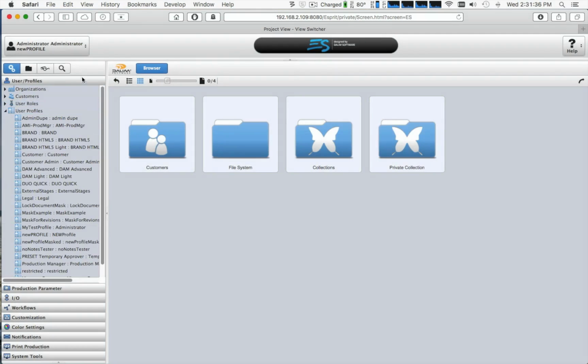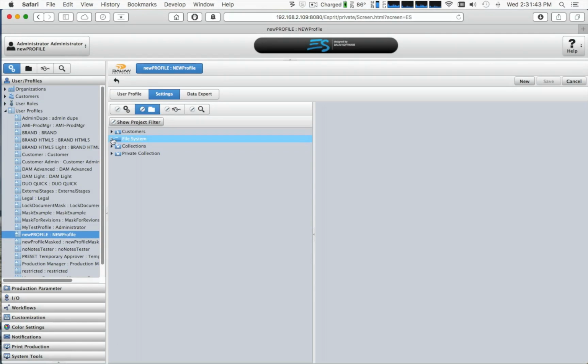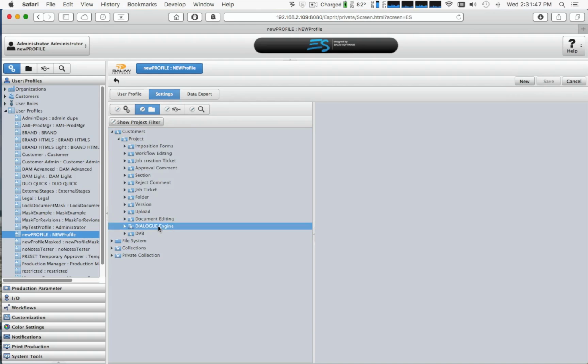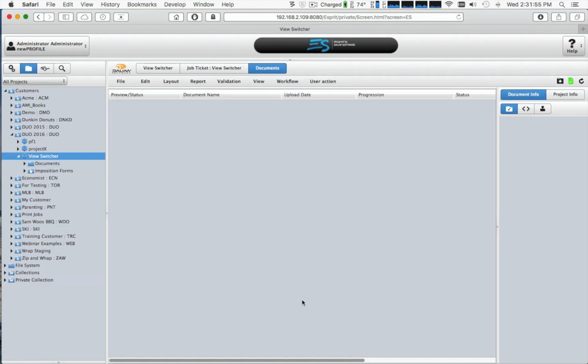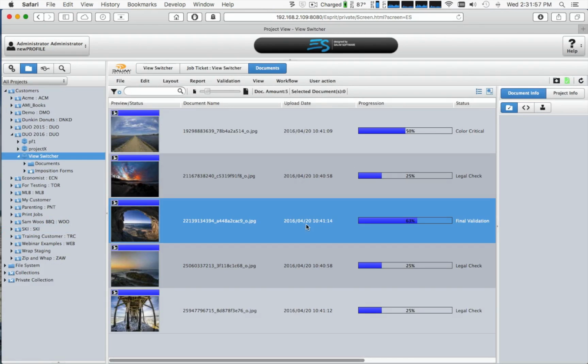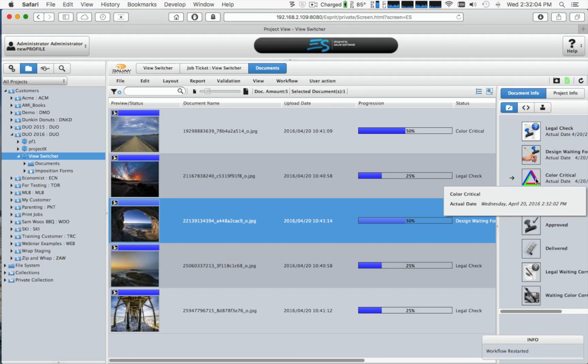The user profile we're working under is this one, New Profile. And really we're just going to concern ourselves with one setting, and that is the dialog engine setting for viewer, and indeed it's set for use HTML5. So the question then is, when we got to this particular milestone, this color critical one, why did it use the Java viewer? And the reason is